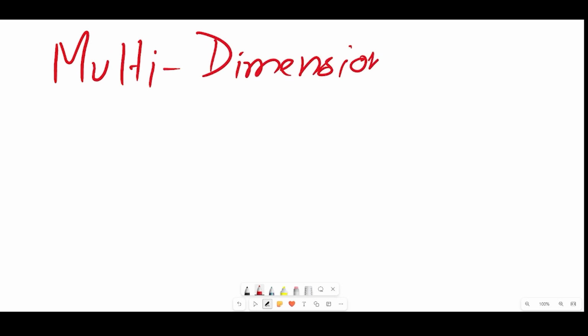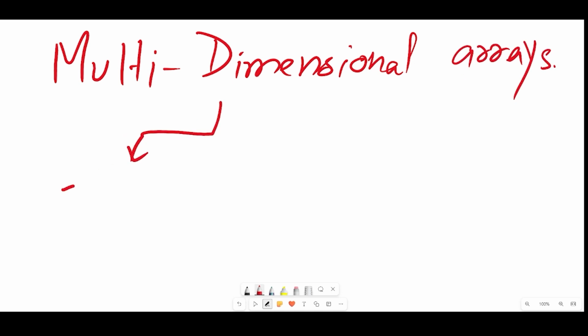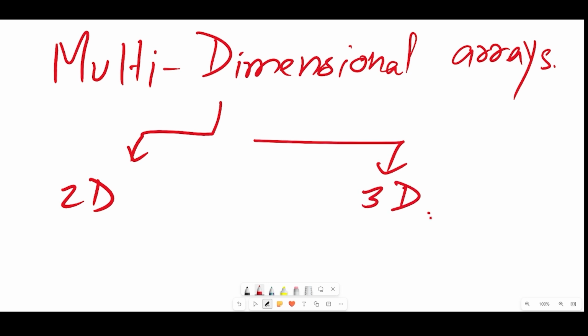Welcome back. In the previous class, we have seen what are the basic operations that you can do in an array. Today, we're going one step further and we're going to learn multi-dimensional arrays. Till now, whatever arrays you've learned, those are all one-dimensional arrays. Today, we're going to do 2-dimensional arrays and 3-dimensional arrays. Now what are these things?